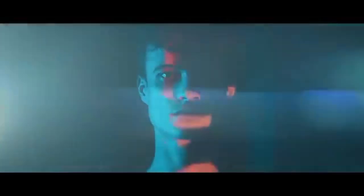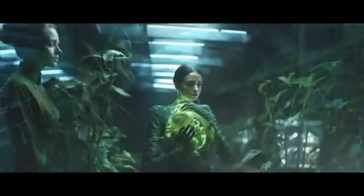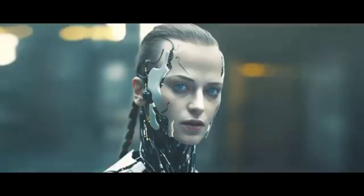Biotechnology is the drafting table where nature's blueprint meets human design. It is the recoding of life itself. This is the next